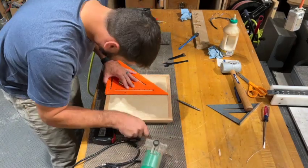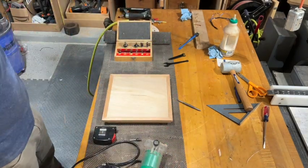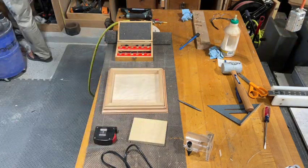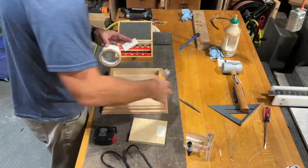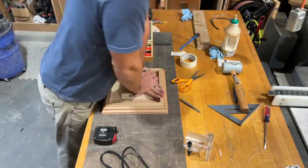So now for the purpose of the box we're building here, it's going to be a donation box. So we need to route out a little channel here to accept the donations. But we don't want the backside to blow out. So we're going to use some two-sided tape and grab that scrap piece of wood again. We're going to tape it to the bottom of the lid. That way the router, as it goes through the top panel, it's not going to blow out the plywood on